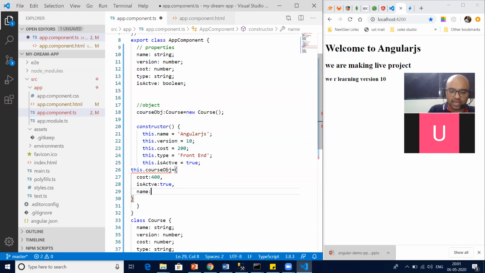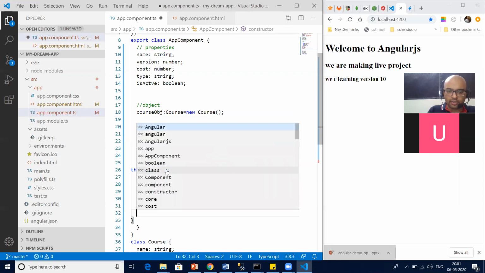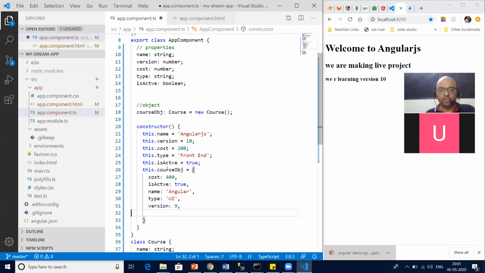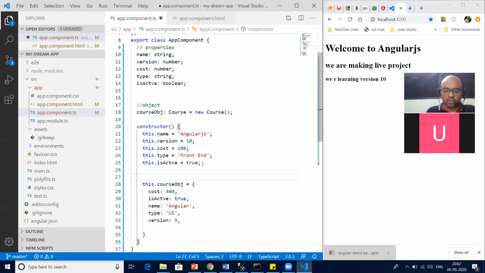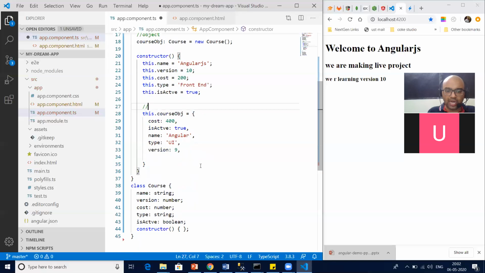Name I say Angular. Type I say UI. Version I say 9. Version is number, no? Yeah, 9. Then nothing. Okay. So at this note, are you with me or not? Object population, you can say. We populated an object.